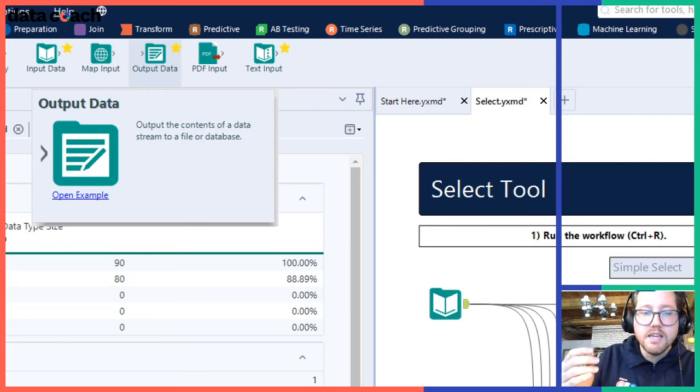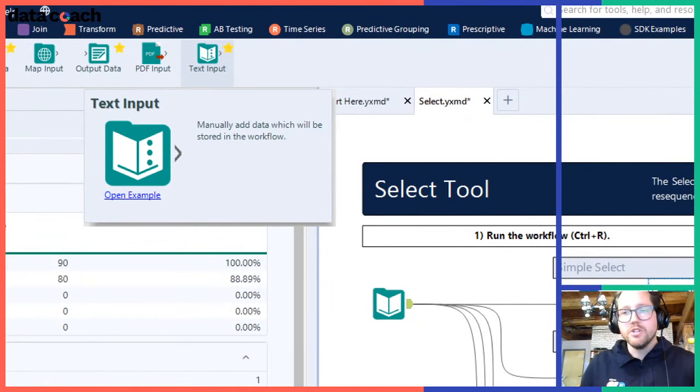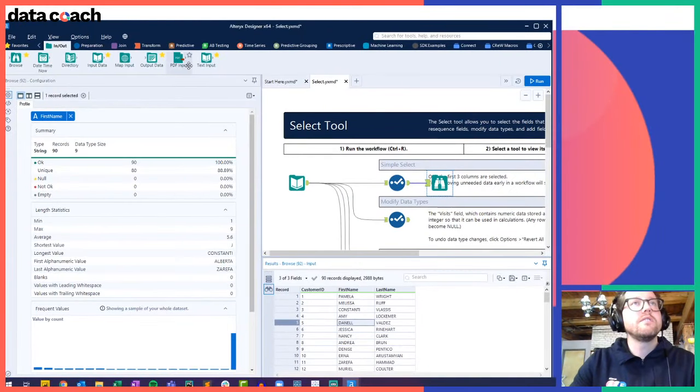Is that going to be a JSON file that you want to leverage somehow? We can do that here. The last one that I'm going to talk to you about in the in and out section is going to be the text input tool. So this is going to be the only input tool that you'll notice. If I bring this down here,